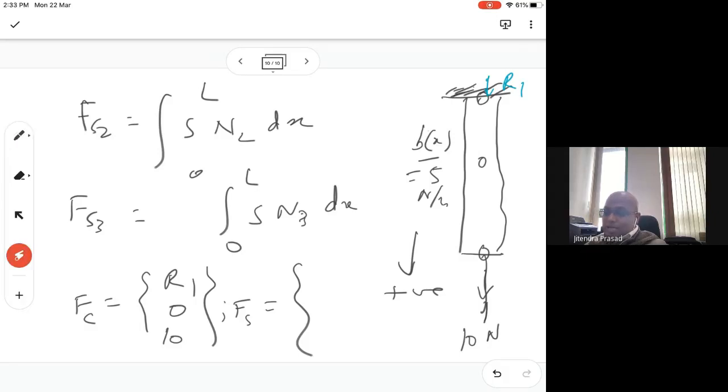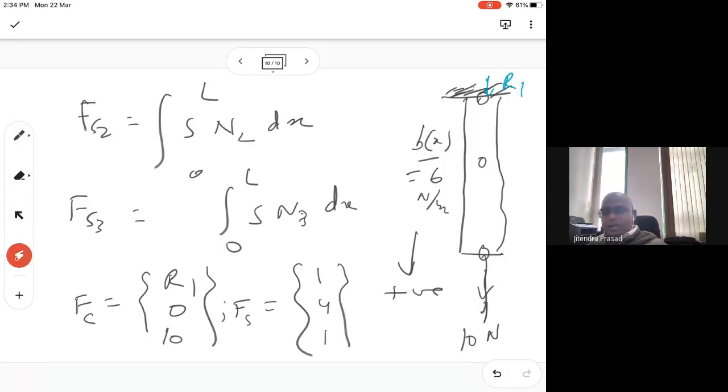Then you will say, let's call it not 5, but make it 6 Newton per meter. Since this is a constant, you will see 1/6 will go here, 1/6 will go here, and 4/6 will come here. So you will see something like this: 1, 4, 1. You can see yourself actually.